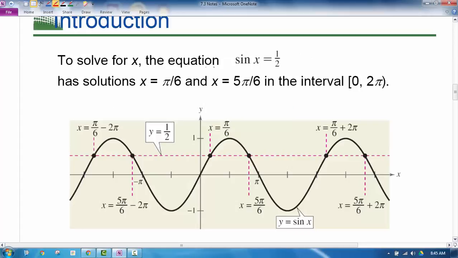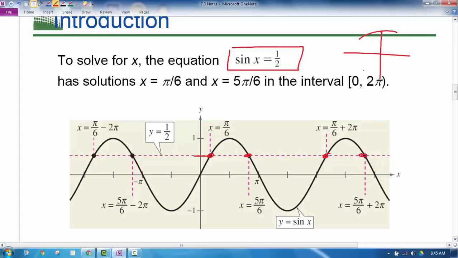So here's a quick intro example. Let's say we're trying to solve this equation, the sine of x equals 1/2. Well, if we were to graph the sine, like we have here, you're talking about 1/2 right here. Well, the sine equals 1/2 in an infinite number of places. It repeats. So there's going to be an infinite number of times where the sine is going to be equal